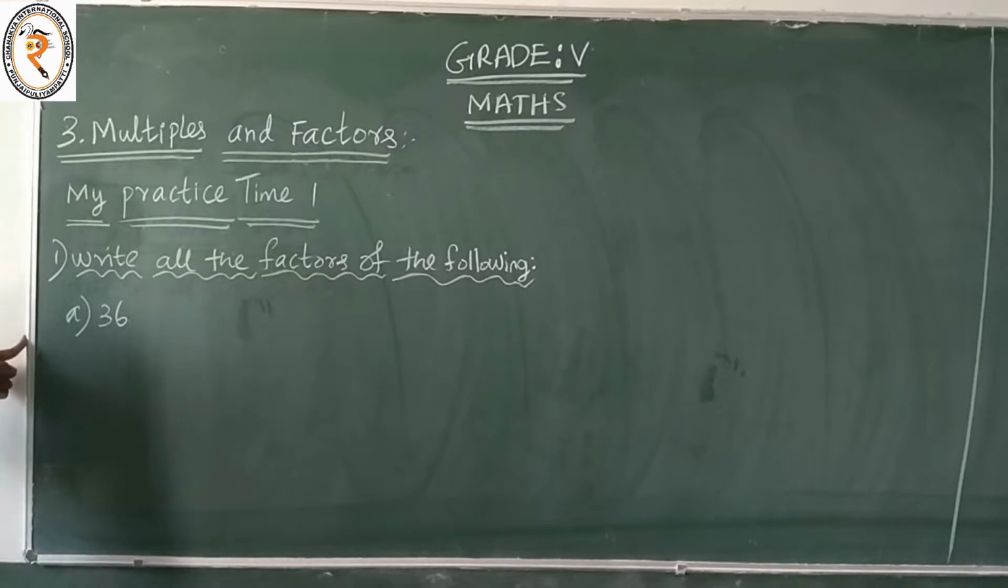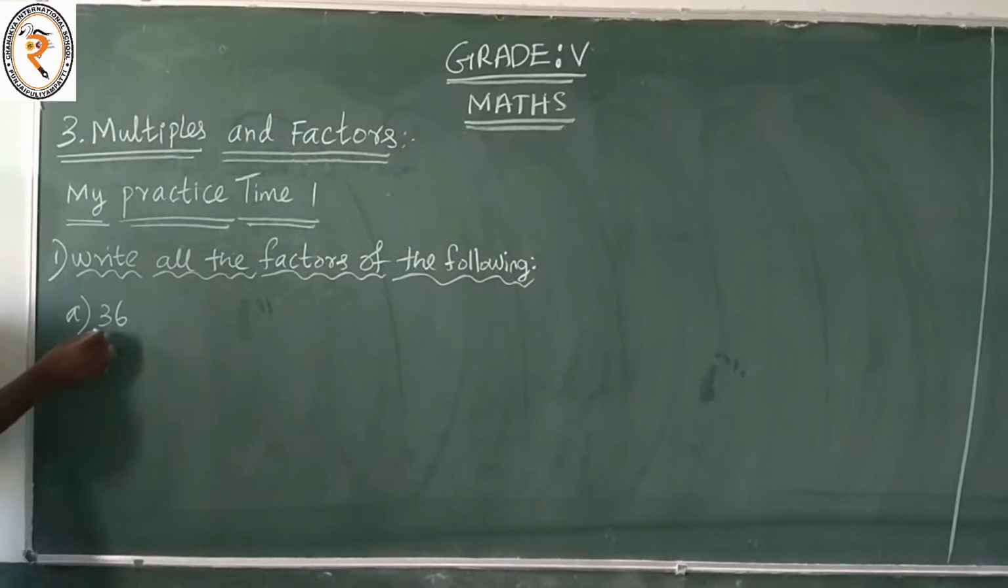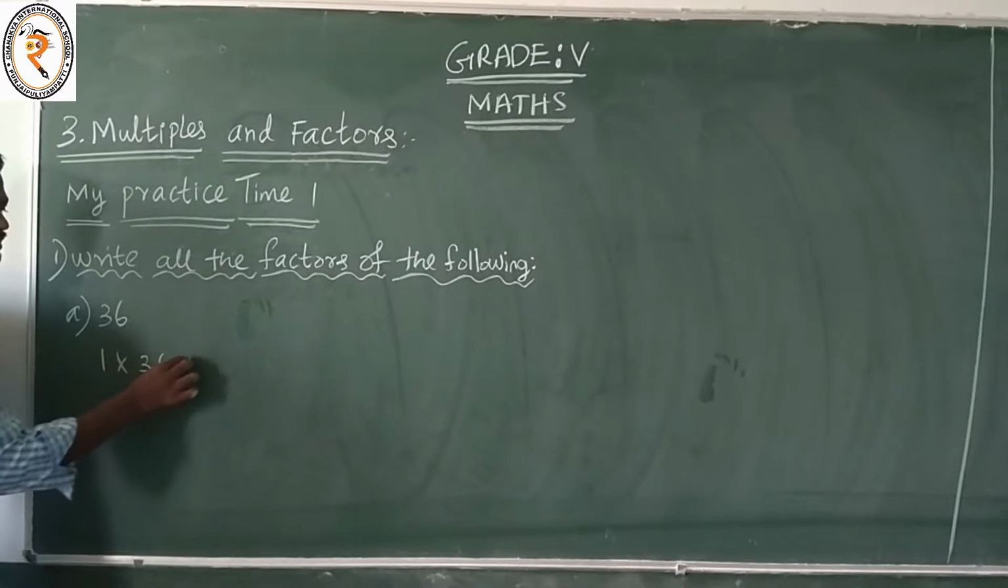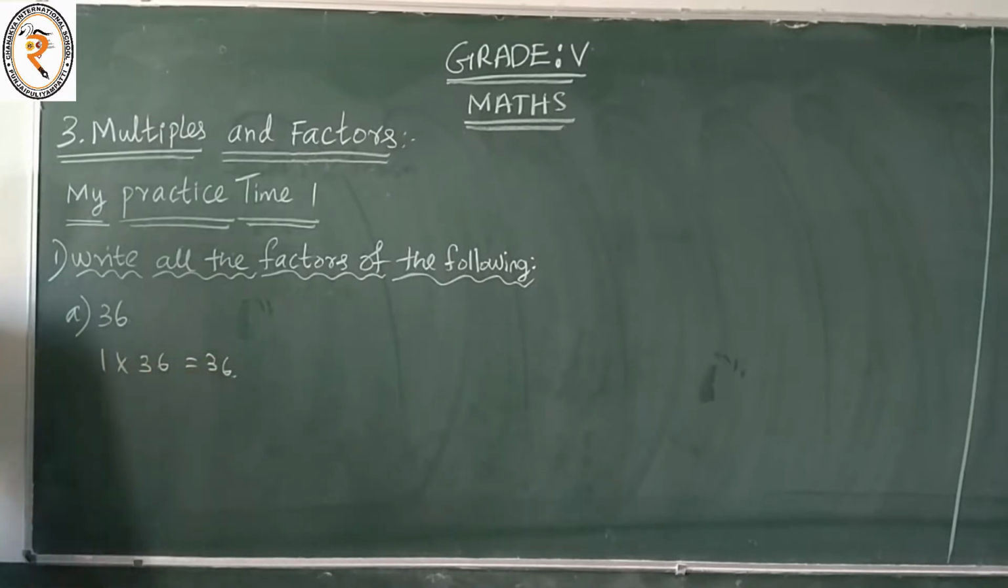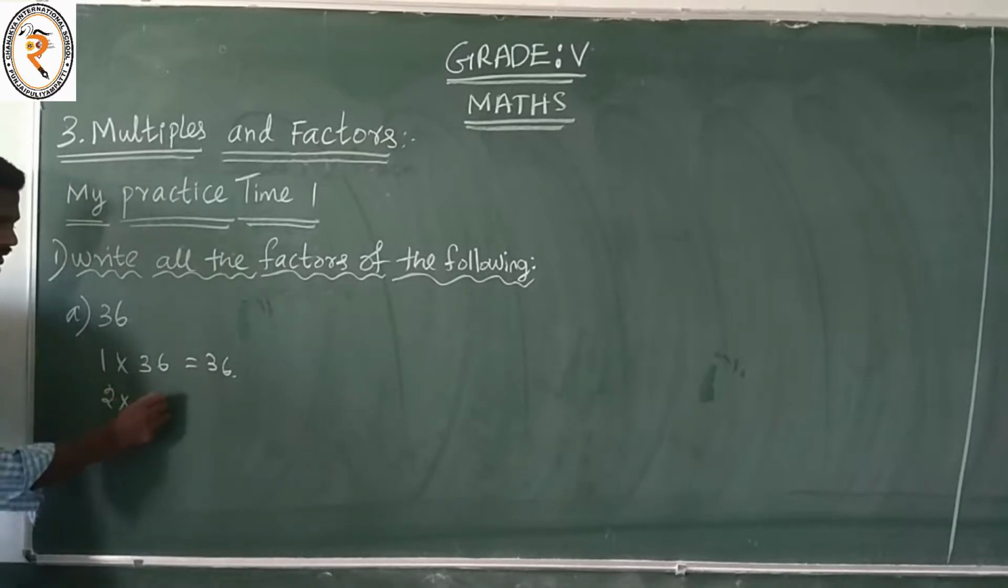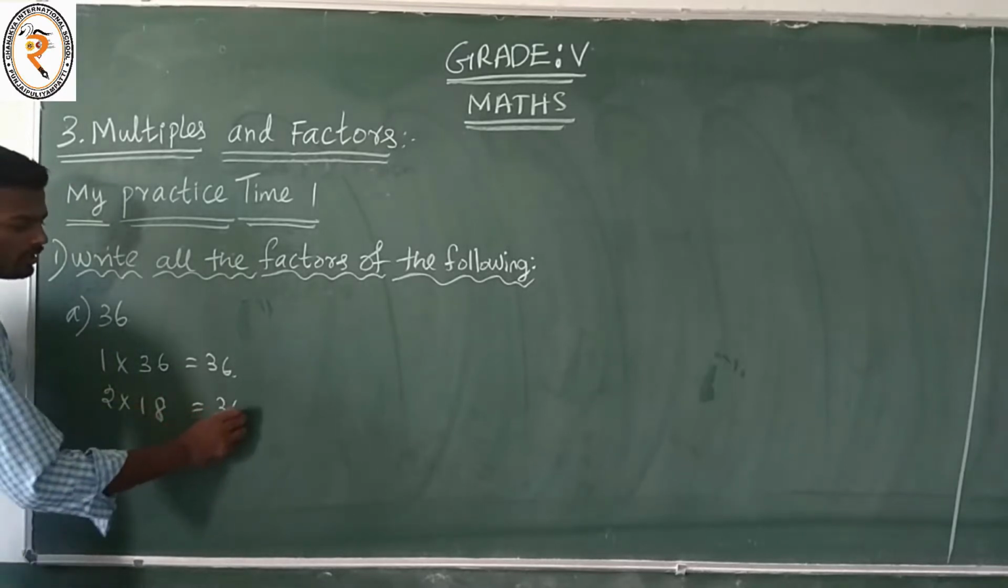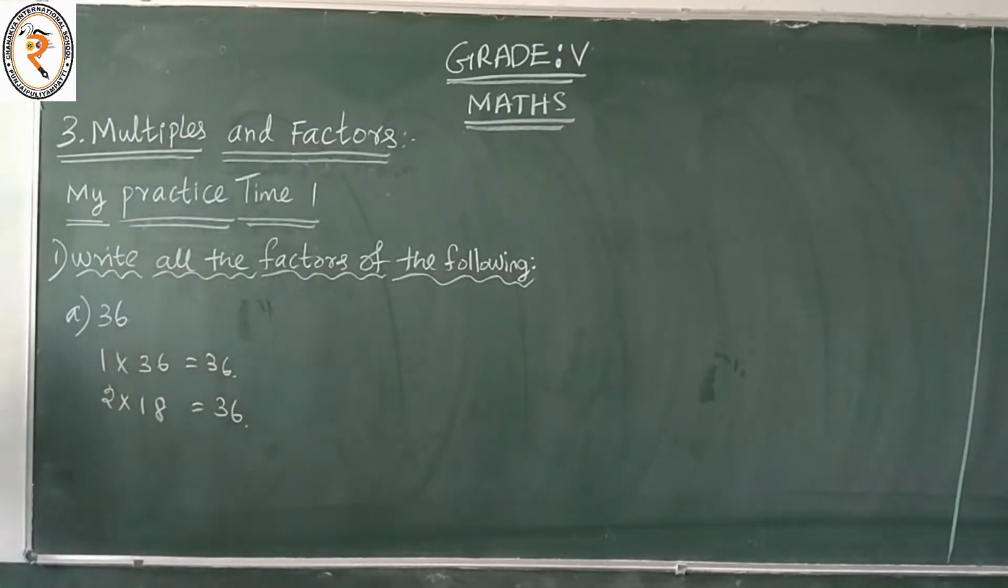Factors of 36. First, in the first table, 1 36 is 36. And in the second table, 36 is an even number, so 2 18s are 36. In the third table,